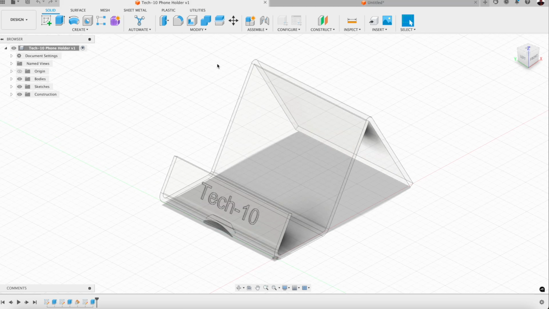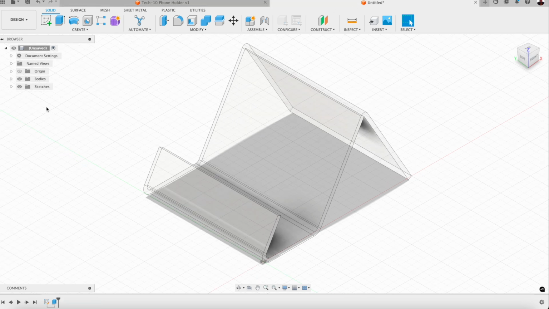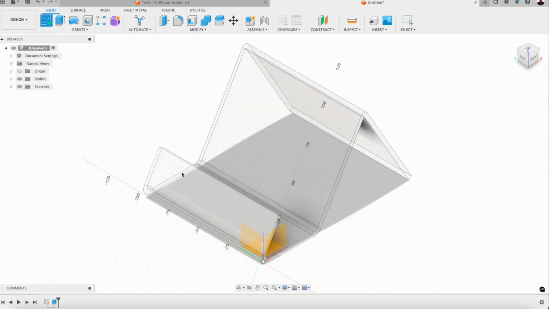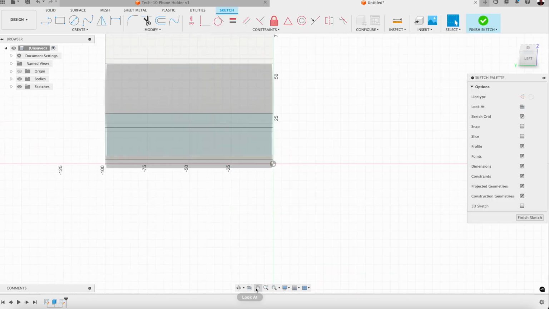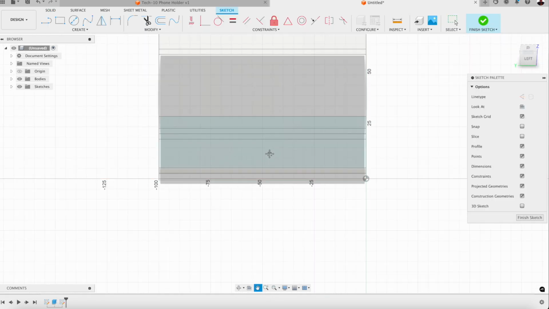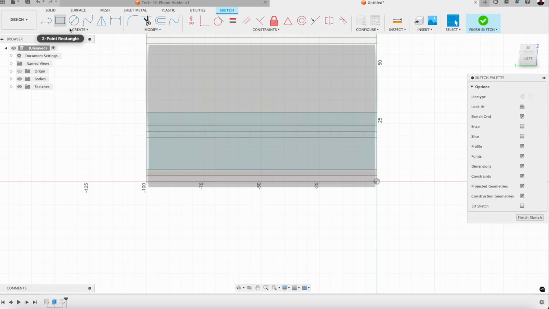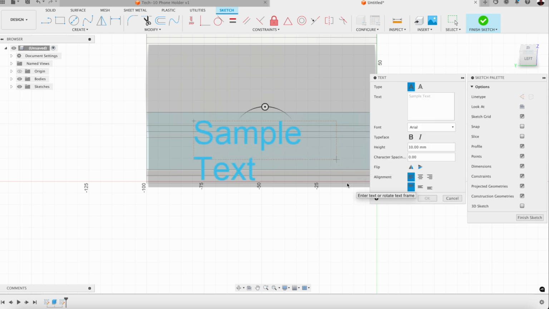Now what we're going to do, you can see here that I've got some text on the front, so let's do that together. You're going to click create a sketch and click that front plane there. All right, I'm going to use my pan tool and zoom in for you so you can see it, and press escape, create text. And what I do, I just draw a text box on the front there, and I can type in a name. So you type in your name, I'm going to type in Bart Simpson,